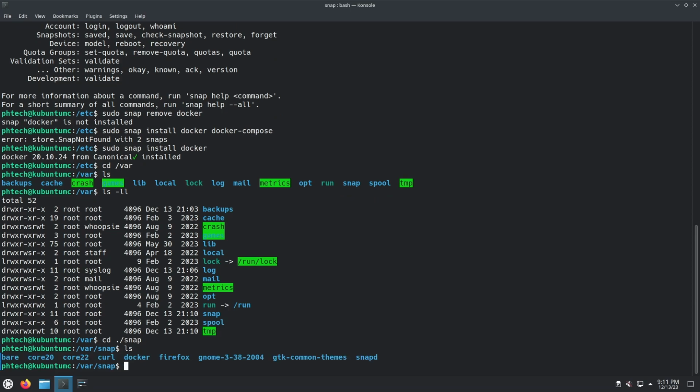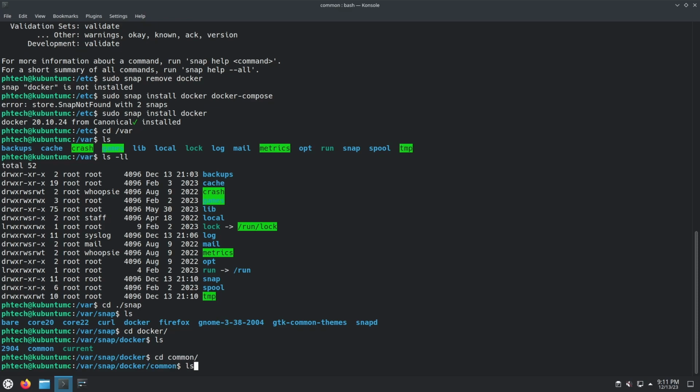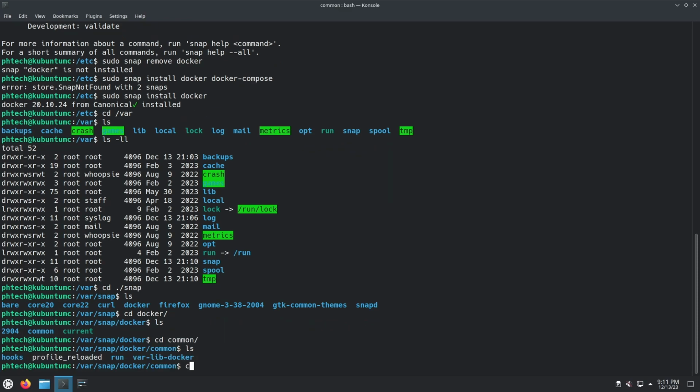And then you can see there's a Docker folder there. That wasn't there before. So if I cd into Docker, and then cd into common, and then cd into var lib docker. So,